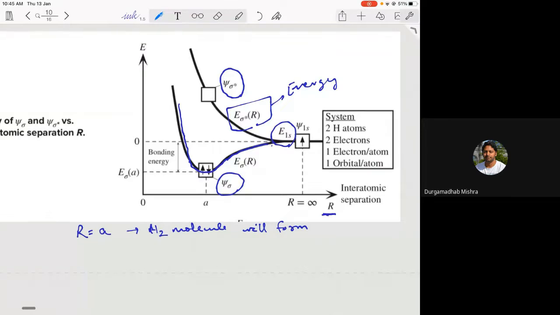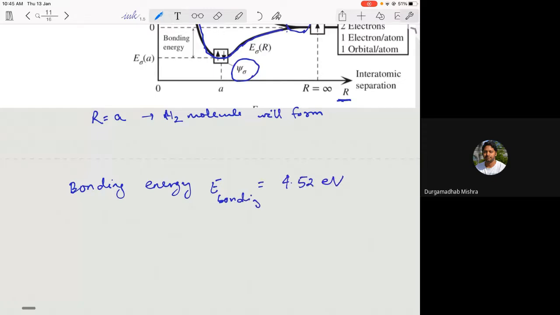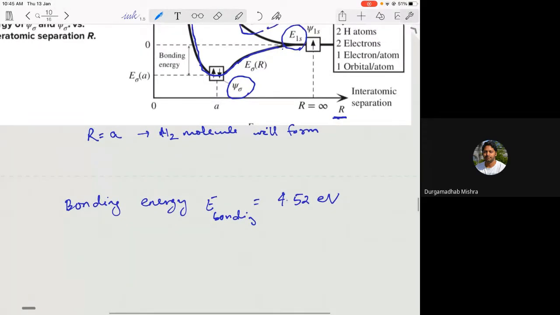So this EA, the bonding energy, let's say, is 4.52 electron volt, and this A in case of hydrogen molecule is about 0.074 nanometer. Okay, so when the atoms are at a distance of 0.074 nanometer, you will